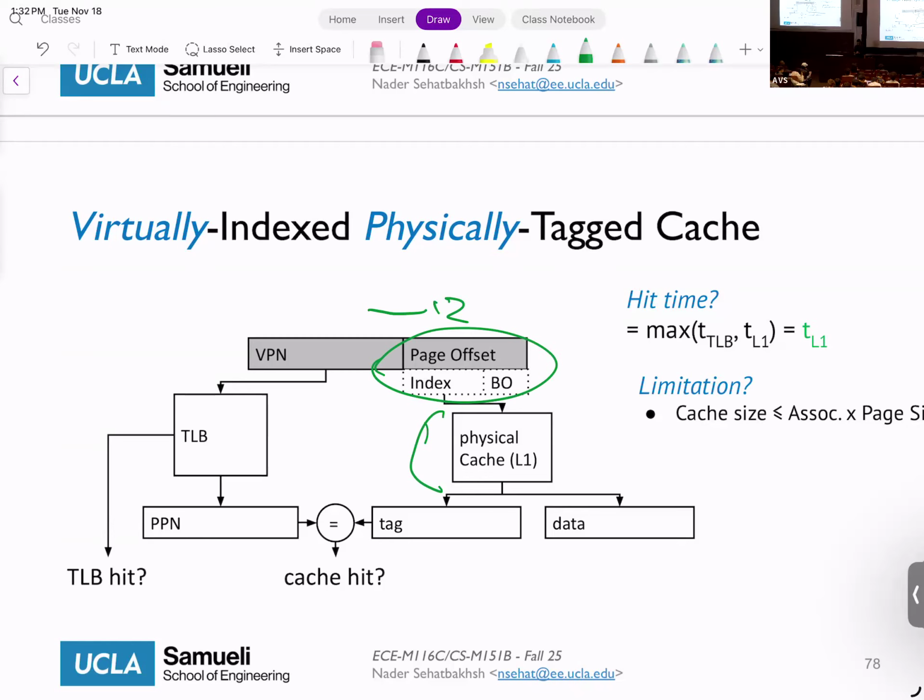Okay? So that's one major thing that you have to consider when you're designing this. And it's not just the number of rows, associativity also plays a role. So you can have longer associativity with lower number of rows. So that's how you can actually increase the size. Okay?